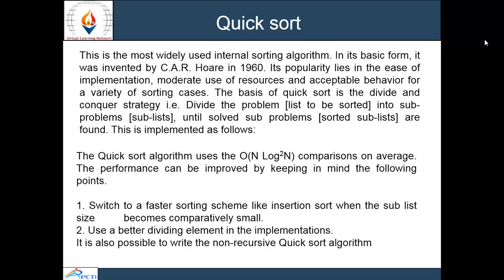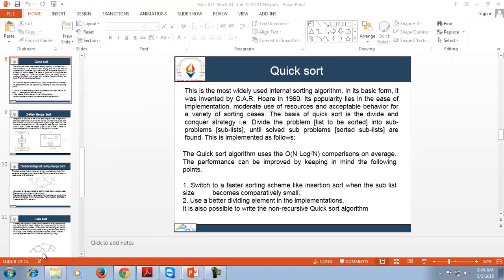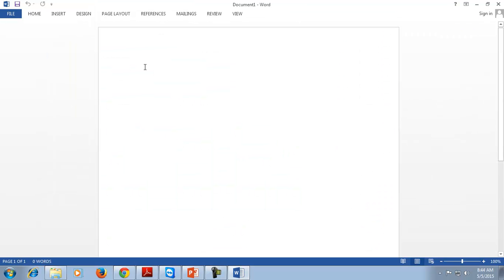Similarly, the next value will be taken as pivot, and the same process will be performed with the next one. I will give you an example of the process of quick sort. For example, if we have values, let's say 14, 5, 12, 21, 56. In the first pass, we will select the first value as a pivot value,